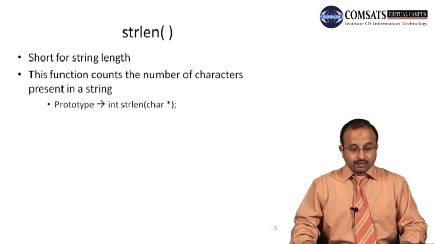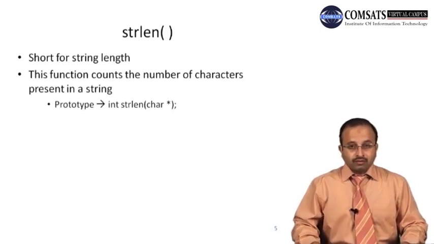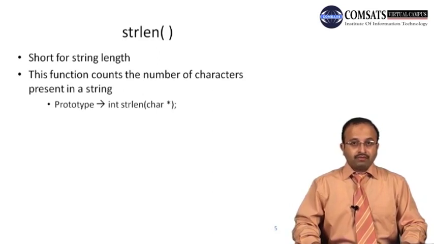The prototype of this function is: this is the name of the function, string length. The return type is integer because it counts. When you count something, that value is an integer value, it won't be a floating point value. So it tells you whether the string contains 1, 2, 3 and so on